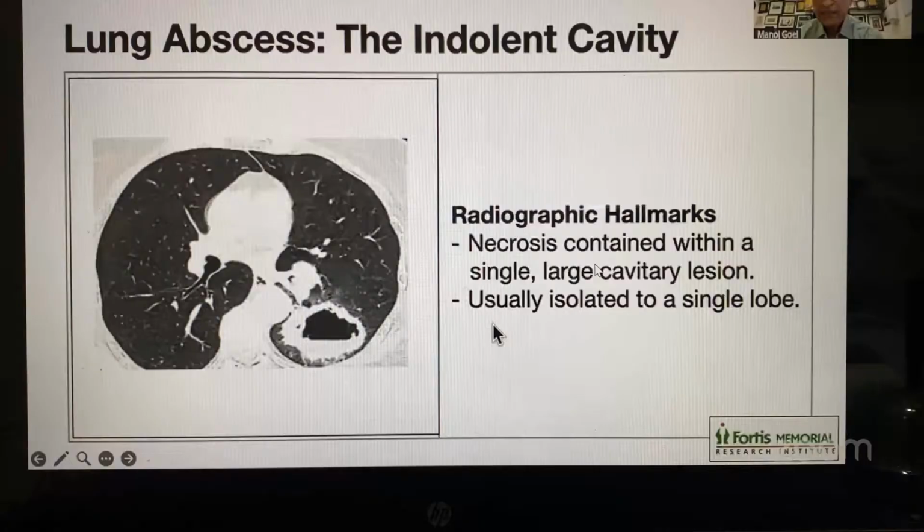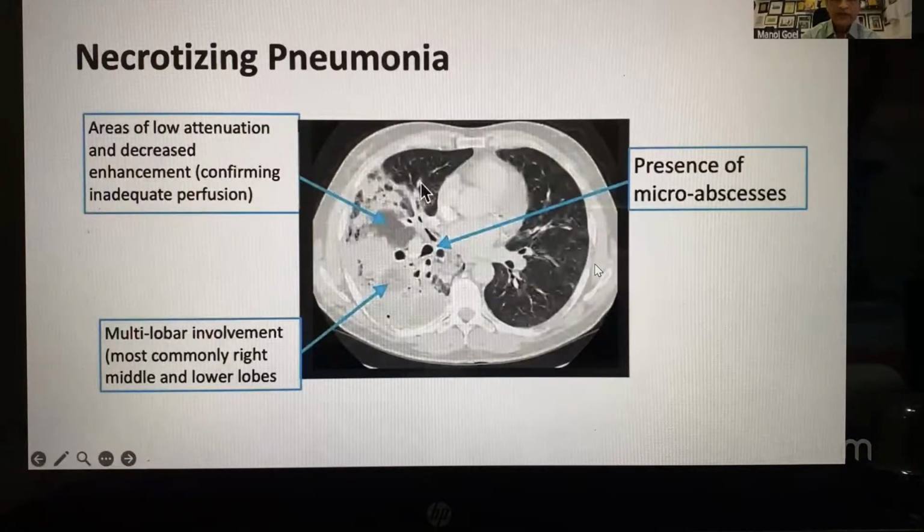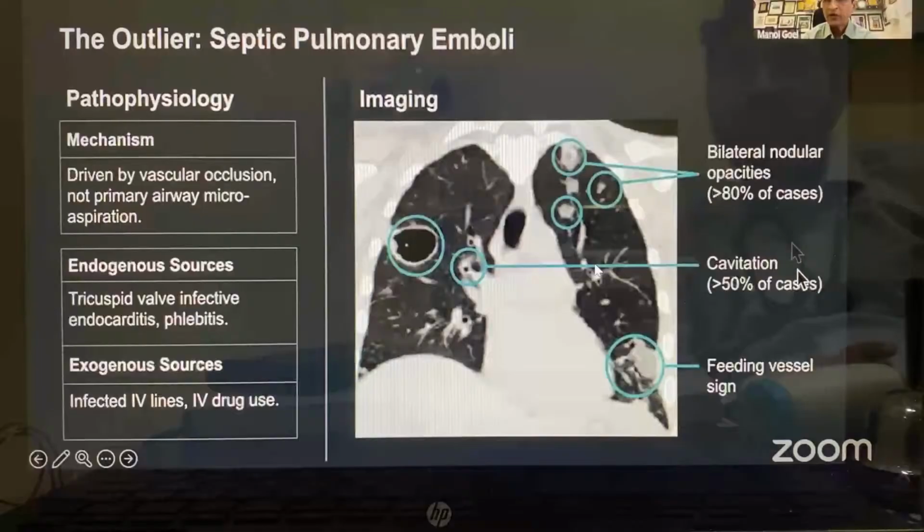Now, coming to the radiology picture of the lung abscess, it generally presents as a solitary indolent cavity. There will be a fluid level in the cavity, and it's usually isolated to a single lobe. As far as the radiology picture for necrotizing pneumonia is concerned, you find areas of low attenuation with variable enhancement. There is multilobar involvement, particularly the right middle lobe and lower lobe, which is the commonest, and then you have multiple microabscesses. In septic pulmonary emboli, you find bilateral nodular opacities, which occur in more than 80% of the cases, and 50% of these nodules would be cavitating, and you may find the feeding vessel sign and also wedge-shaped opacity